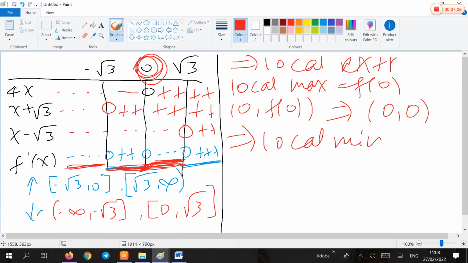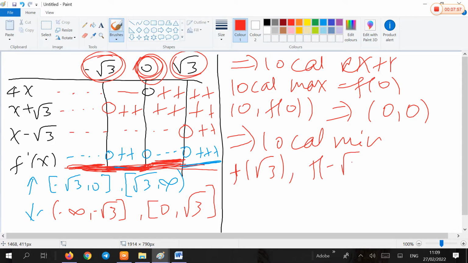The local minimum is a point where the first derivative changes from negative to positive. As you can see from the sign chart, the first derivative changes sign from negative to positive at negative square root of 3 and at square root of 3. So the local minima are at f of square root of 3 and f of negative square root of 3. Substitute into x to the power of 4 minus 6x squared, the original function,